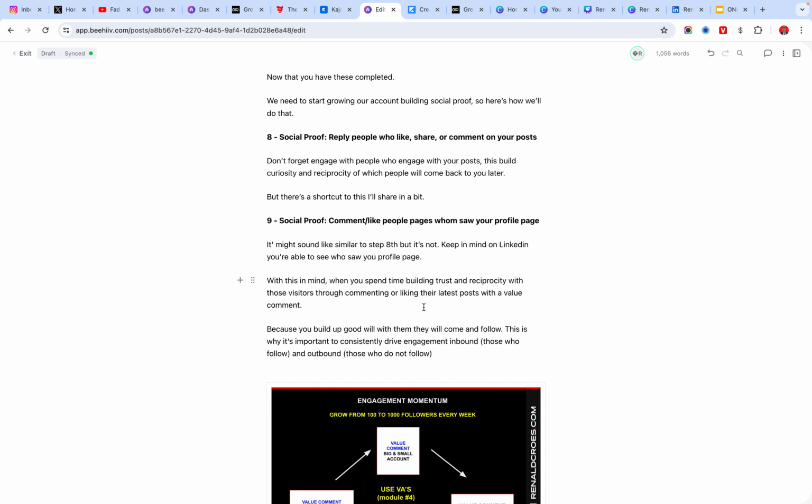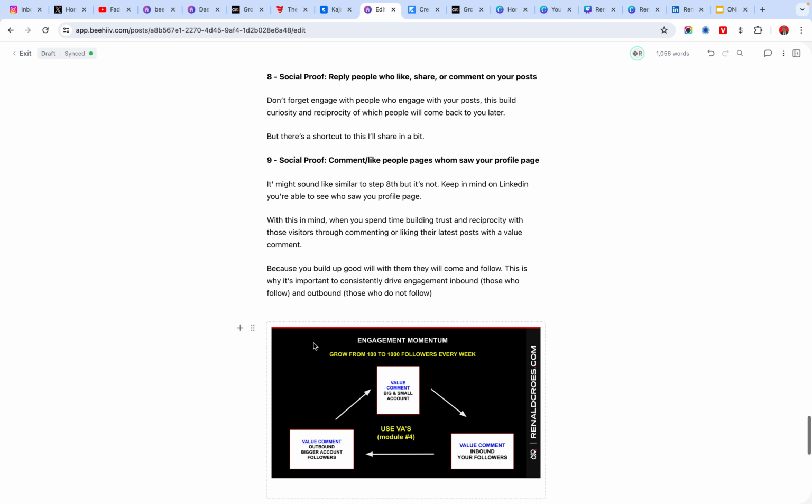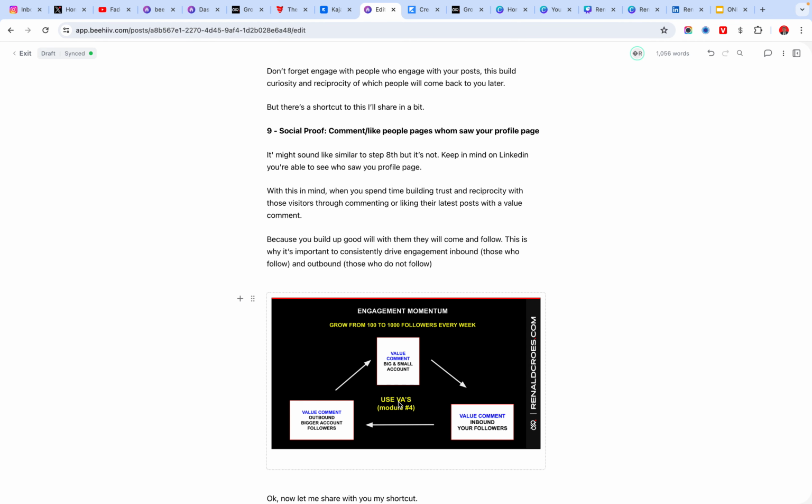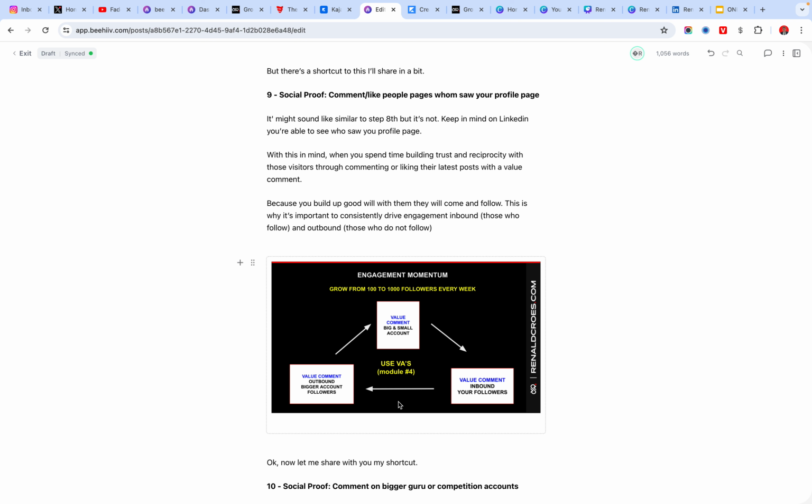Now, when it comes to social proof, this will be the framework. Okay, so number 8, 9, and 10 has something related to each other. And this is basically the process. Okay, so what I want to show you and help you understand is that within the process, you have to have this built in, meaning you have to engage with the higher contents, okay, bigger accounts, then engaging with your inbound leads that comment on your post and or sees your post,